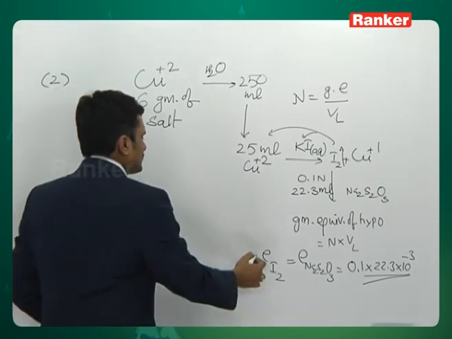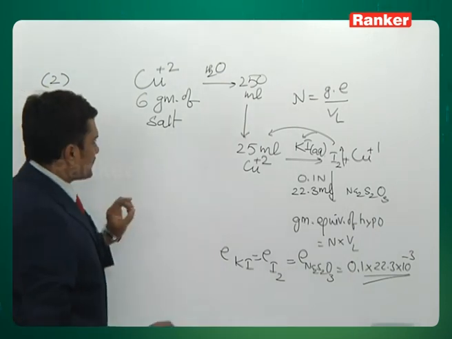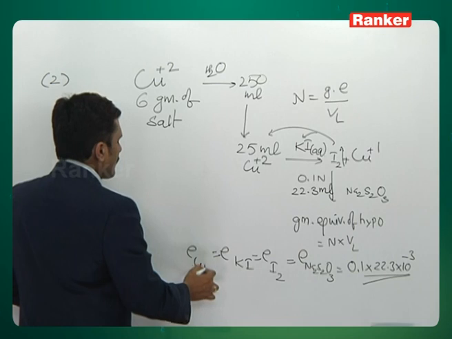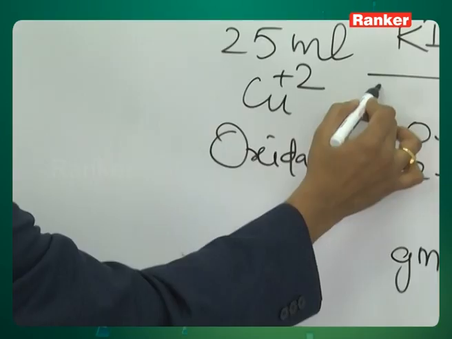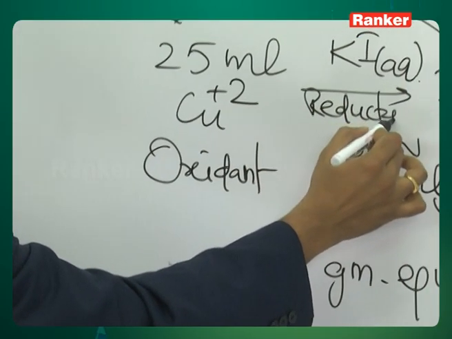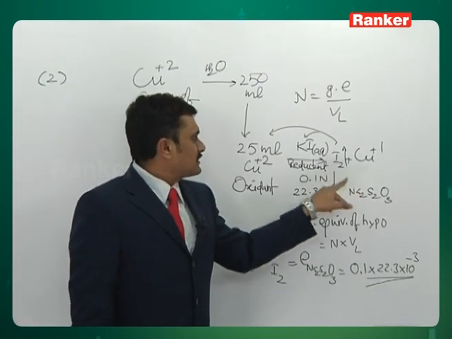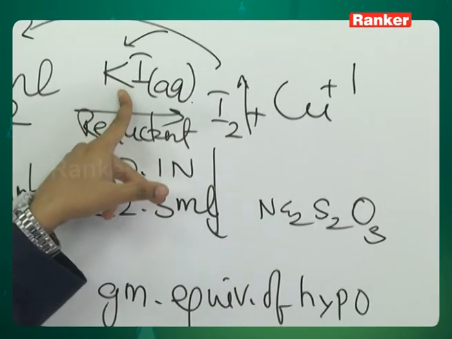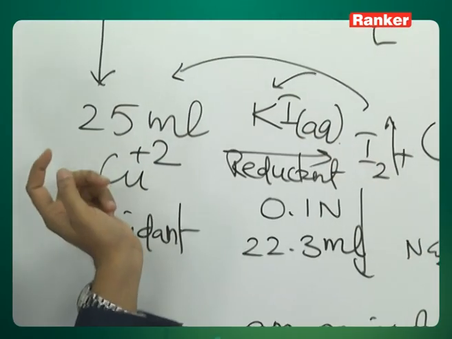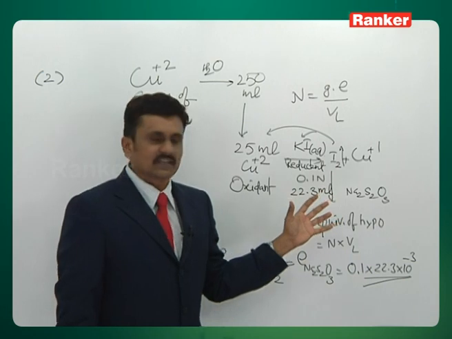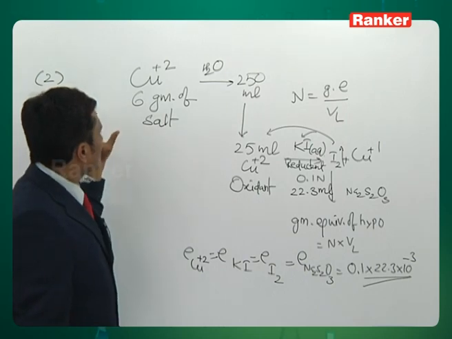So you would extend this saying that the gram equivalents of all the iodine whatever I have obtained from the KI, and KI has been oxidized by the copper ion, because in this particular reaction this is the oxidant and this is the reducing agent, hence the gram equivalents of these two are equal. You see how beautifully we have crafted this. We have taken the equivalents of hypo and equated that to the iodine, and then from there we have arrived at the KI, and there we are ending at the copper ion. I mean to say the link is properly established, so that the information which is provided to you regarding the hypo has to be converted in the form of copper +2, because the question asked is about the copper